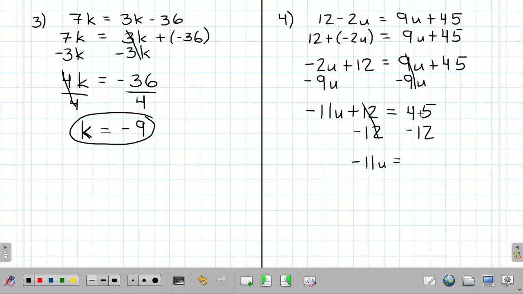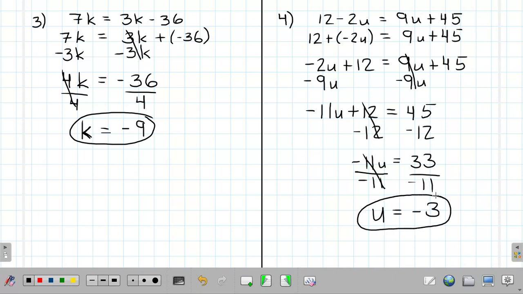Negative 11u is equal to 45 minus 12. It's actually 33. And then we divide by negative 11, divide by negative 11. So those go away, giving us u is equal to positive over a negative is a negative. 33 divided by 11 is 3. So u is equal to negative 3. All right, so,